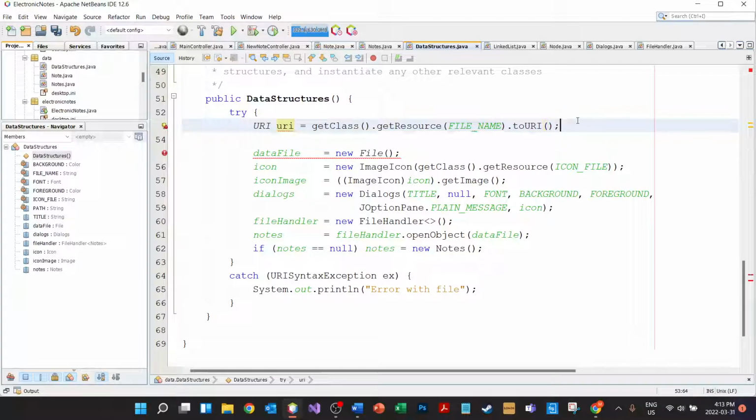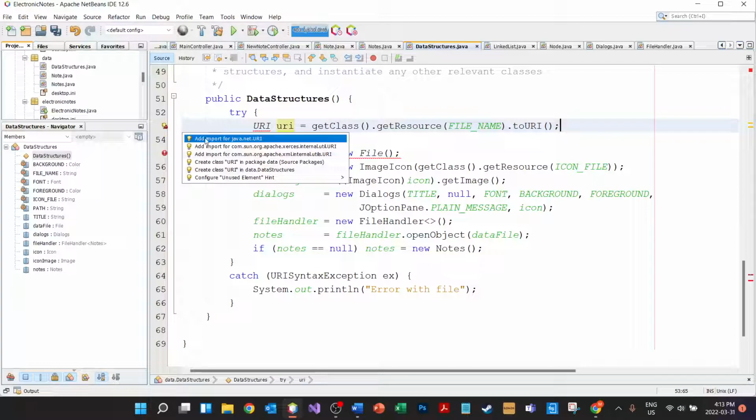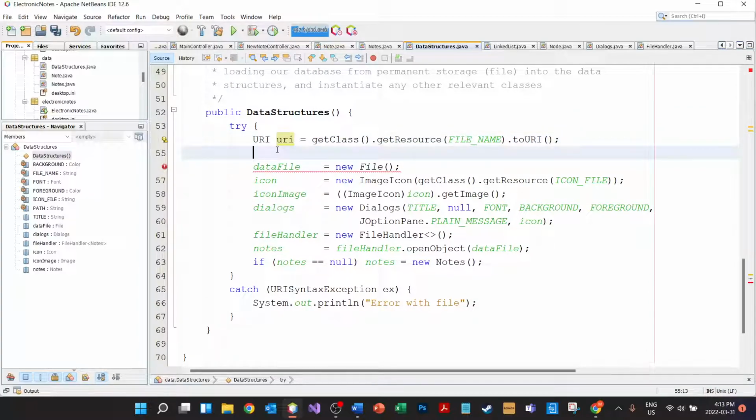And it potentially could be a null, so we'll have to deal with that. But let's import that. Okay, if the URI equals null, then we're going to just make the data file